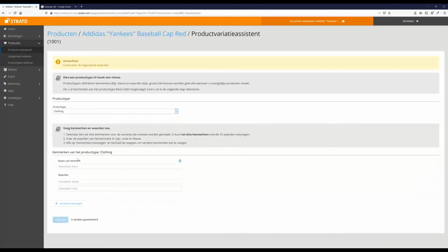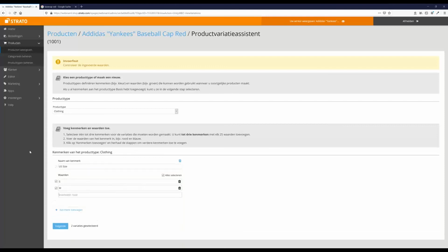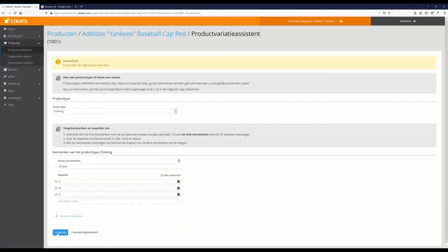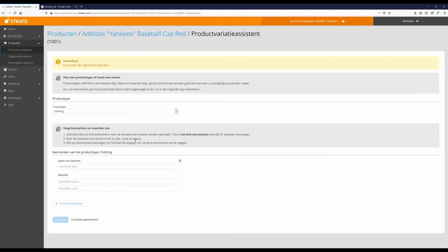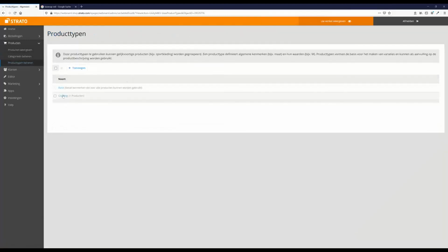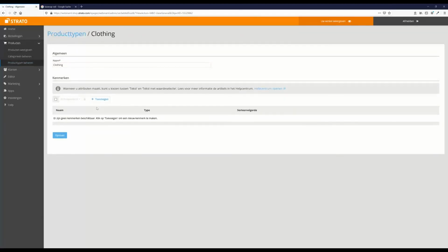Okay, clothing. I don't know why it doesn't do it now. I'm so sorry. US size S, M, L, next. Oh, for whatever reason, it doesn't do it. Okay, let me,